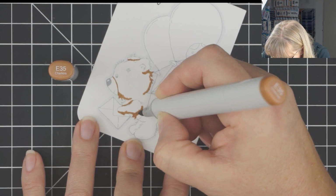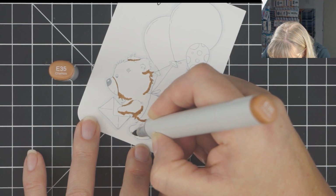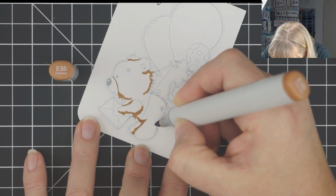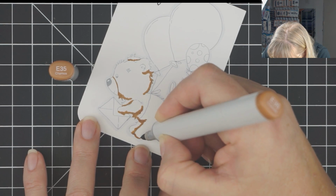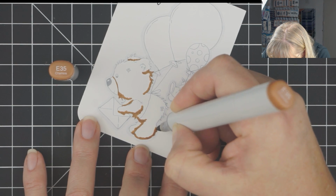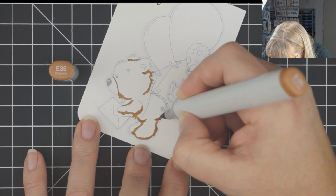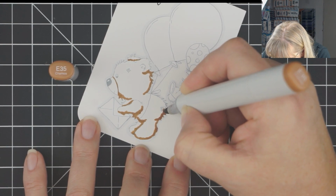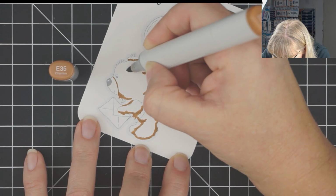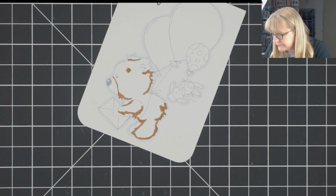And his belly. And then I'm going to give him a little bit of a crease right here where his leg is. And I'm going to do these little patches. There's like little cross hatches there on the bear. Okay,